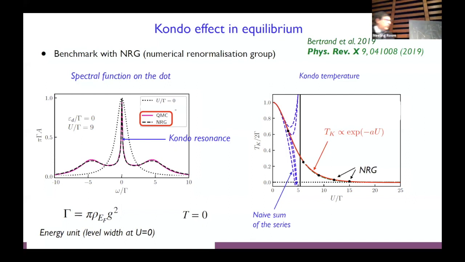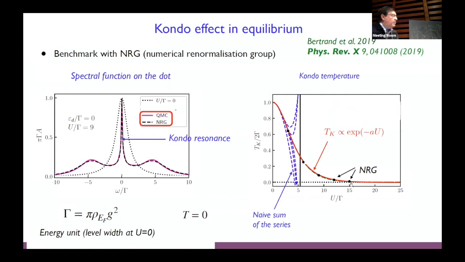This is zero temperature. Now, this Kondo resonance becomes narrower and narrower. The width of the Kondo resonance, that's the Kondo temperature, which we know is going to decay exponentially. Here is a calculation of the Kondo temperature as a function of U over gamma, the red curve here. As you can see, the dots are again NRG points, and you can see that you can capture it up to U over gamma